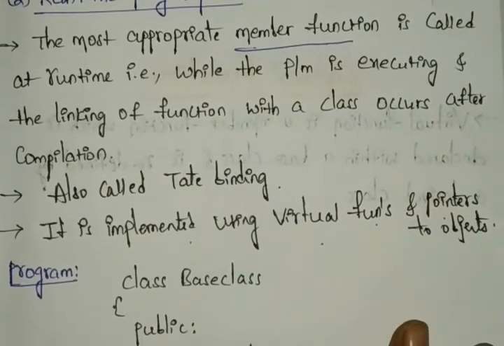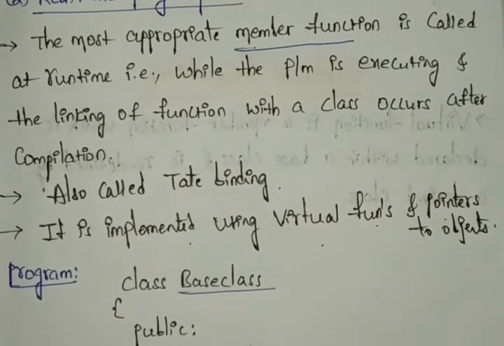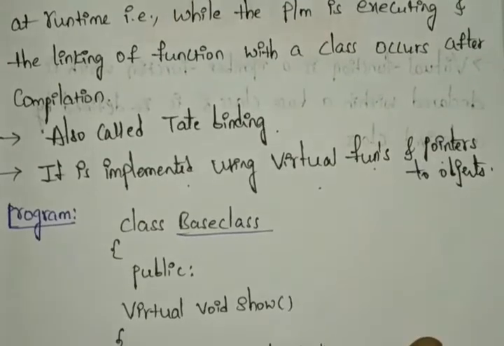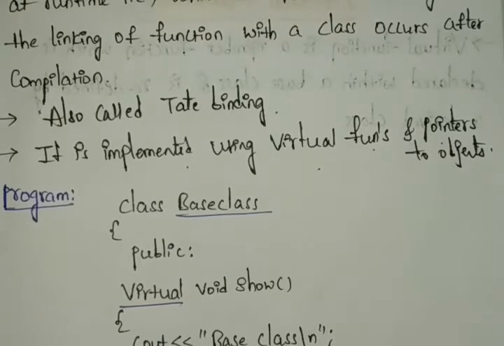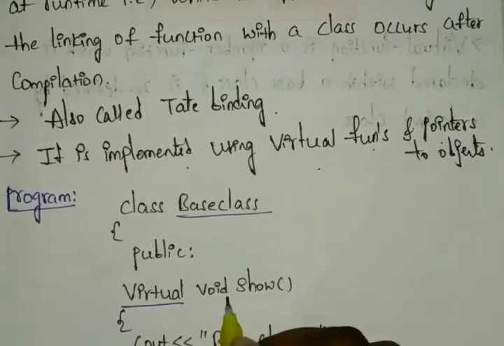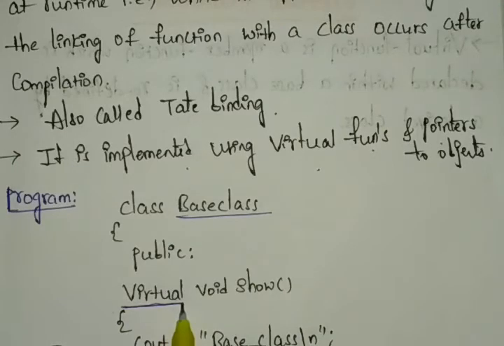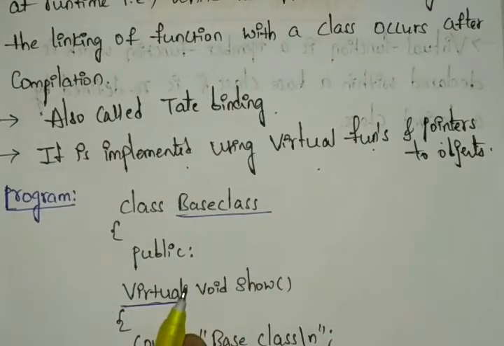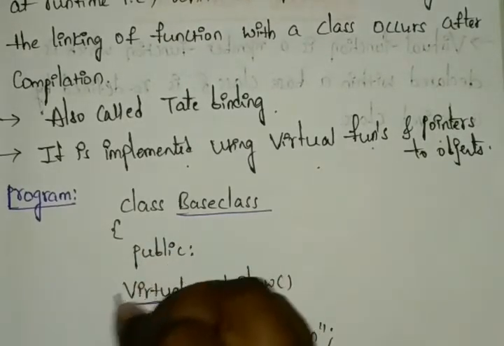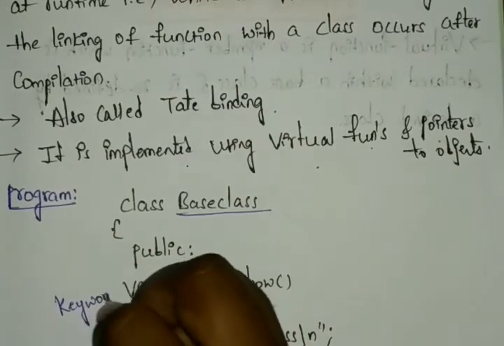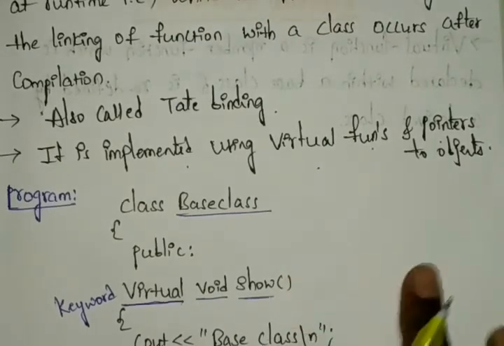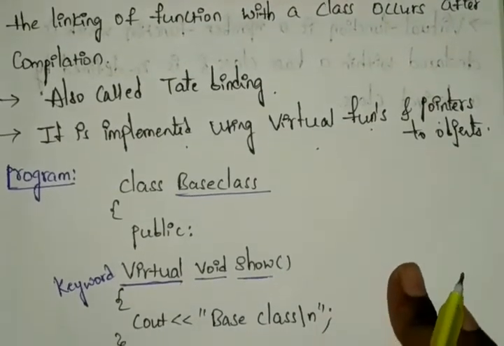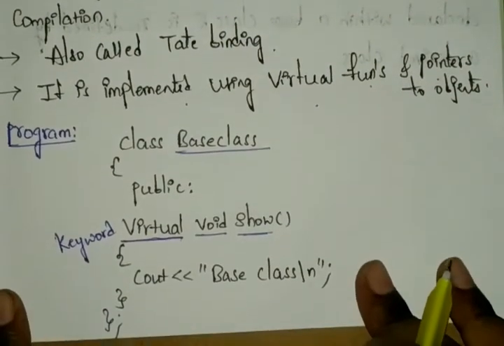Here we took a class, Base class, which is our class name. And here we took one thing, the virtual keyword. You can see we use the virtual keyword before the function creation. In compile time we just wrote void sum like that, but here we are using virtual. Then we write the return type void, and show is our function name. Here we are not passing any parameters, and the base class message can be displayed in the output section.